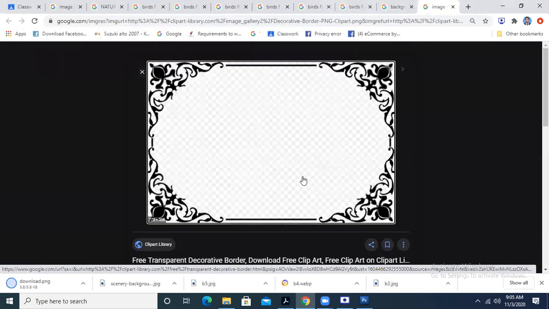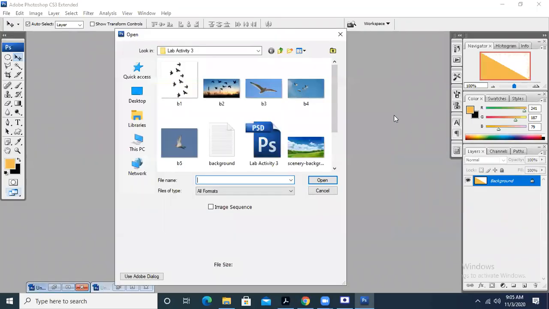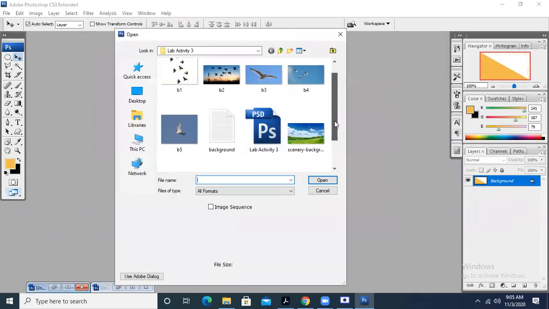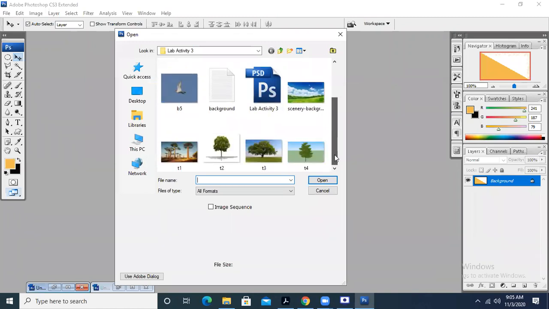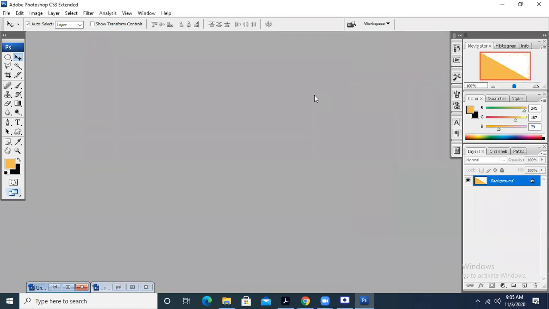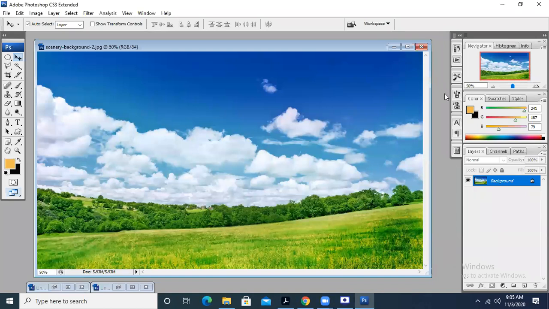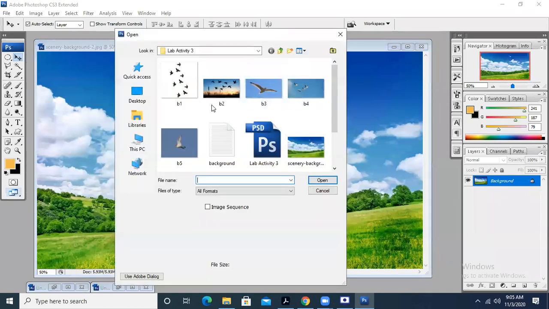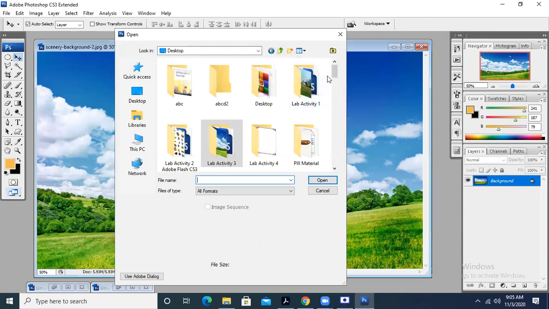Now if I want to take this border in my image, let's suppose this is the image, and this is the border that we have got.